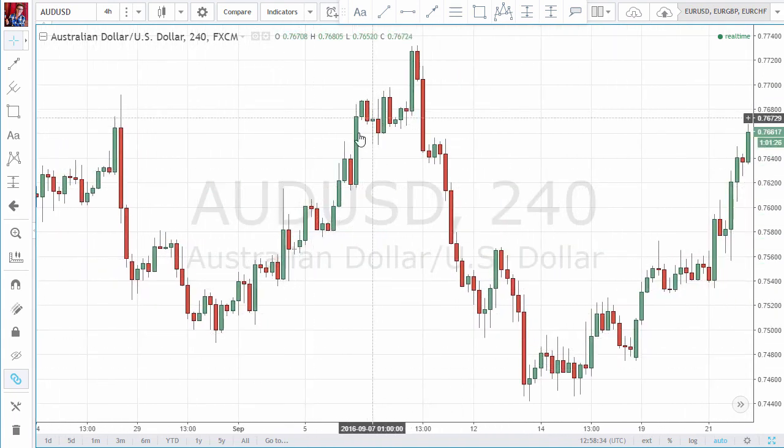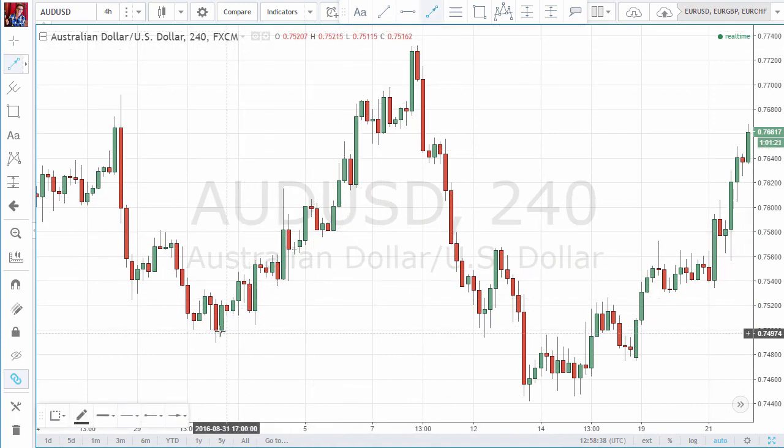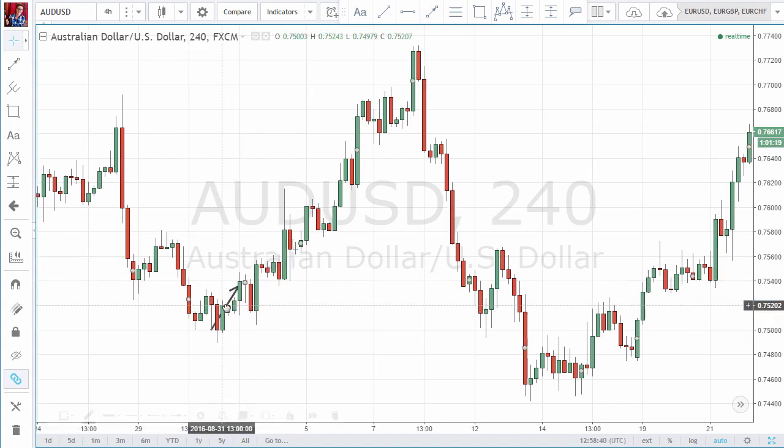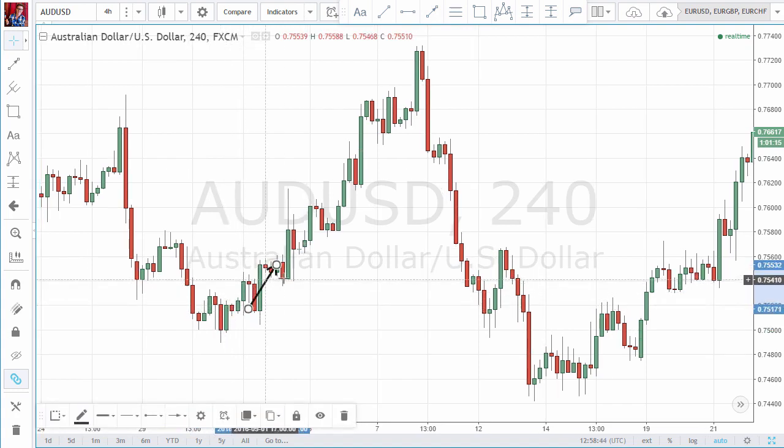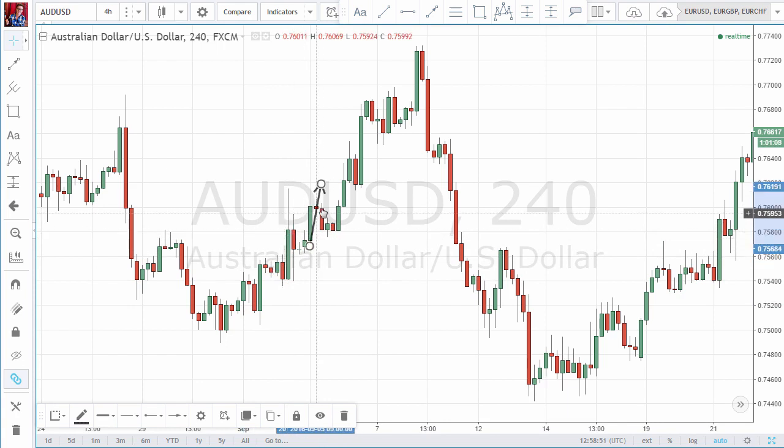You can see here on the way up, price does not just shoot up in one straight line, but we follow a very specific rhythm. You can see that we move up, we have a little bit of a retracement, we move higher, we have a little bit of a consolidation sideways, we move further up, then here again price pauses a little bit,